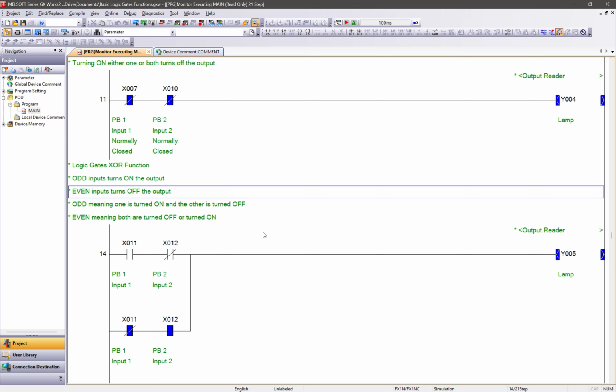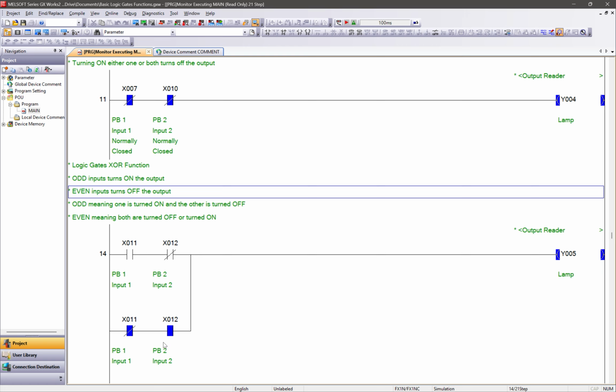In terms of truth tables, if the inputs are 0, 0 and 1, 1, the output would be 0 or turned off, while the odd inputs, in truth tables 0, 1 and 1, 0, the outputs will be 1 or turned on.